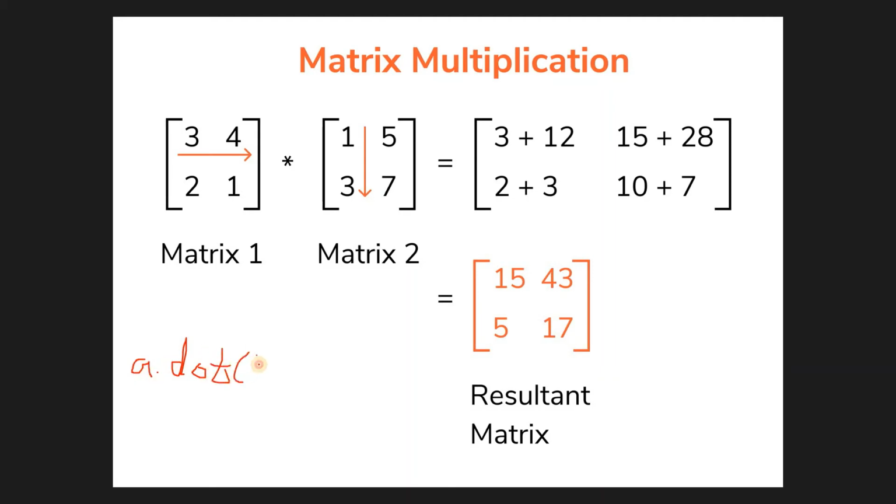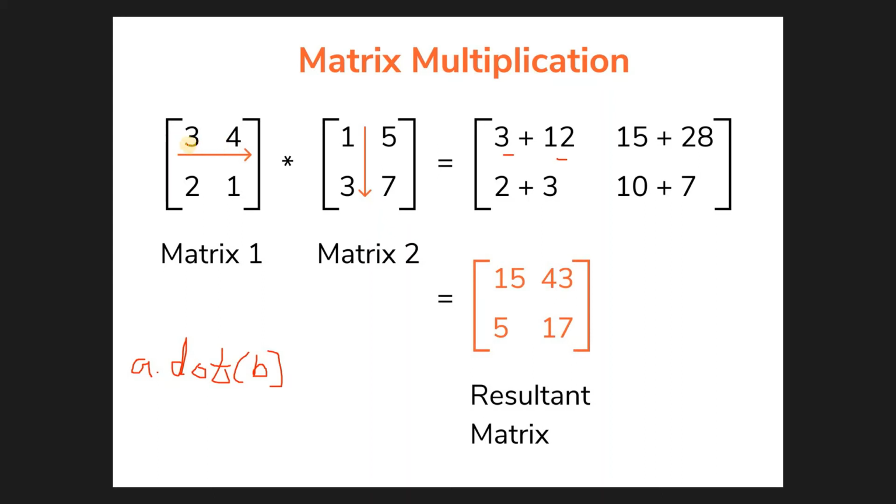B is the second matrix. Not array, I shouldn't say array. Matrix. So when we multiply, we just use rows and columns. So we just use 3 into 1, that is 3, and then 4 into 3 is 12. Then I hope you know matrix multiplication. If you don't know, then you can ask me in the comment section. I'll make a video on it.